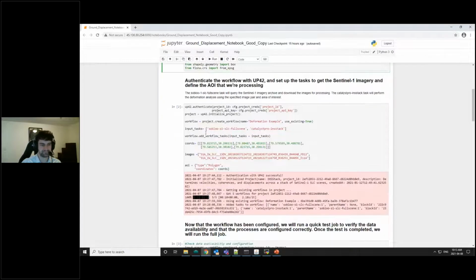API library. So to do this processing workflow, the first step is to authenticate ourselves with UP42. Once we've done that, we can set up the different tasks to create a workflow that will be able to run as our microservice. To do the ground displacement, there are two tasks required. There's the SoBlue S1 SLC full scene, which is a task to get the Sentinel-1 dataset in SLC mode,